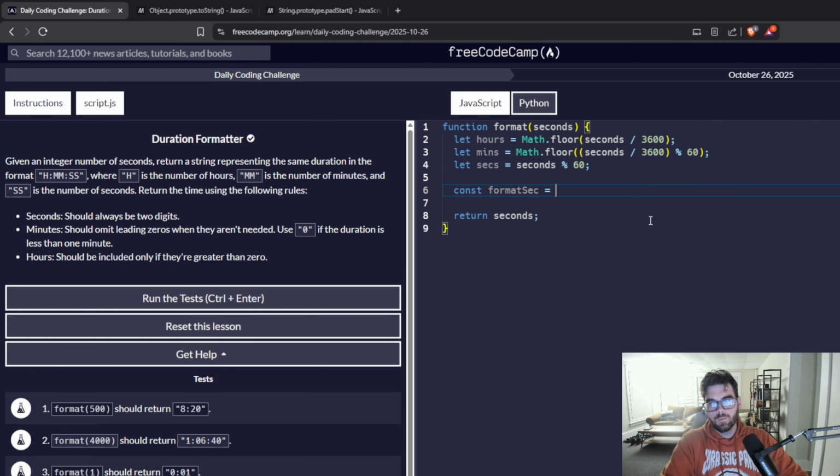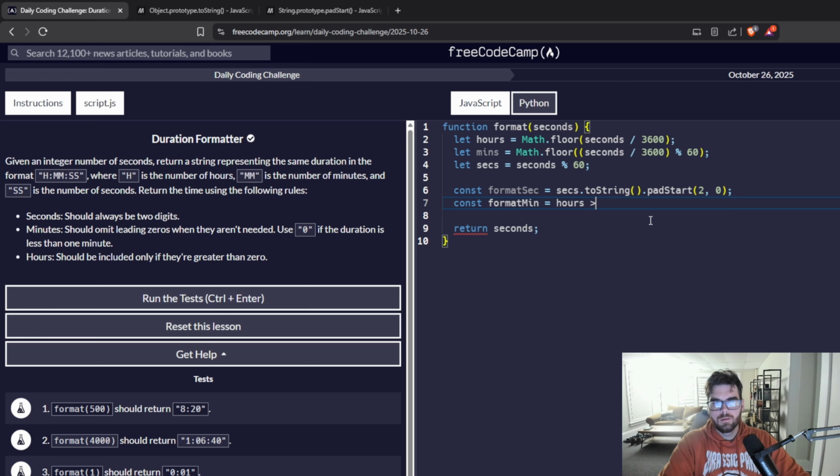Okay. Now our format seconds. What we're going to do is seconds, I want to change it to a string. We want to pad the start to 2 places with zeros if there is no number. Yeah. And we'll also want to format the minutes, but only if the hours are greater than, I guess we could do greater than, I was going to do greater than or equal to 1, it's going to be the same thing. So if it is greater than 0,